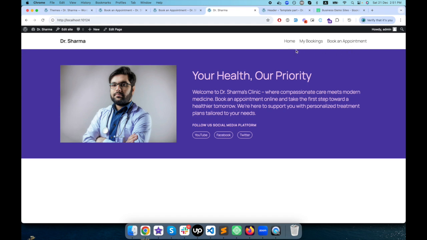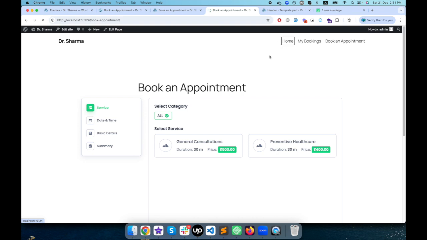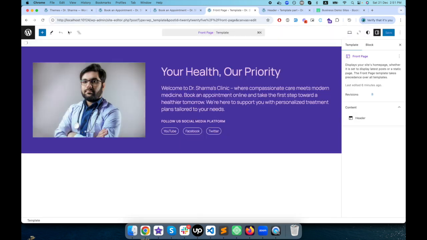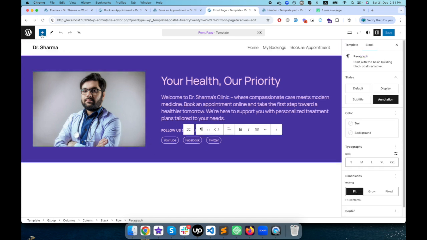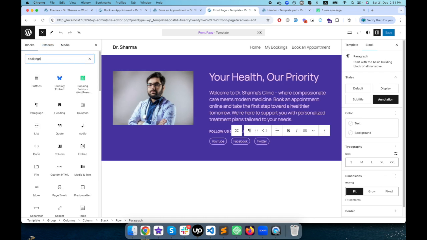You can change the wording as per your need. So now the user has an option to see his booking and to book an appointment directly by clicking on this menu item. I'm going to provide one more option to them here on the home page, so to do so I will again click on edit site, and here I'm gonna click on a plus icon,